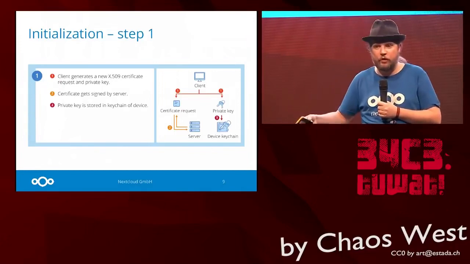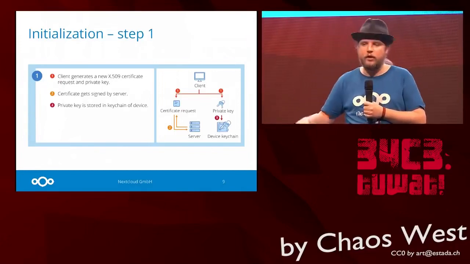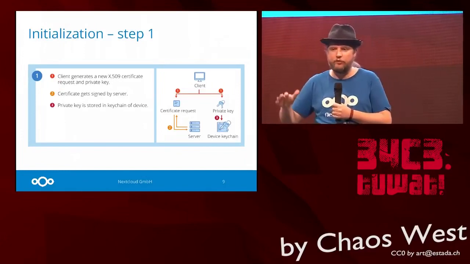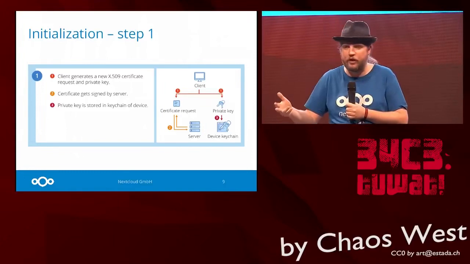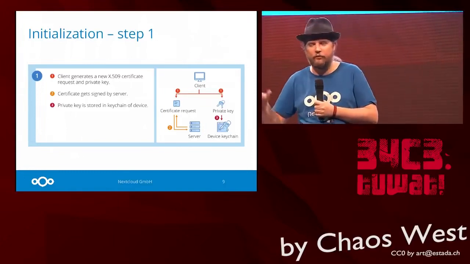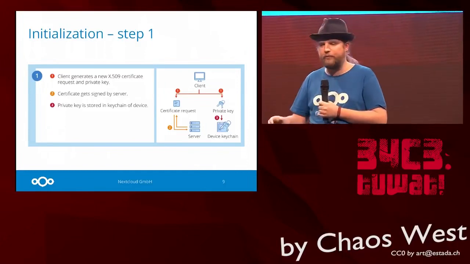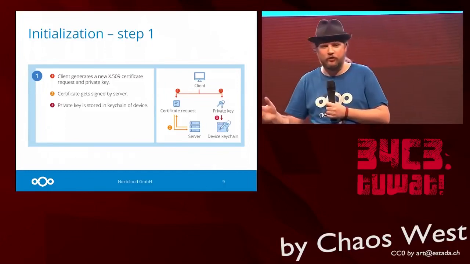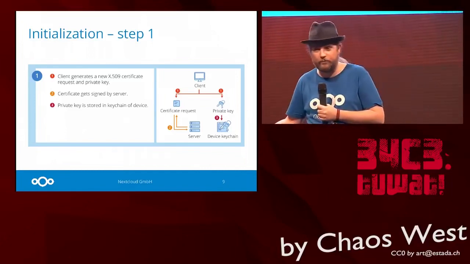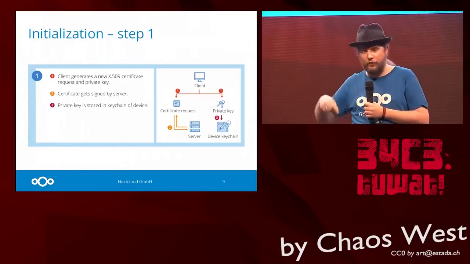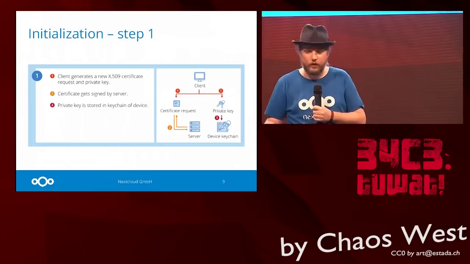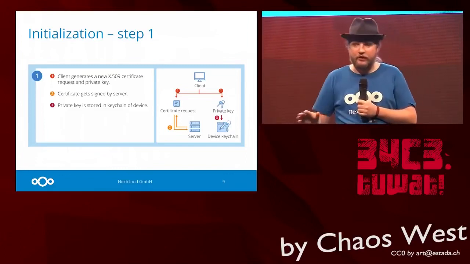Obviously, we can't just upload it to the server because we don't trust the server. So what we do instead is we encrypt the private key with a 12-word mnemonic, essentially a passphrase. We pick those 12 words randomly out of a dictionary of 5,000 words that are at least 5 characters long. So you get a pretty damn long password that should keep it secure. When it's encrypted with that, we upload it to the server and we show these 12 words to the user. And we tell the user, please write this down somewhere.